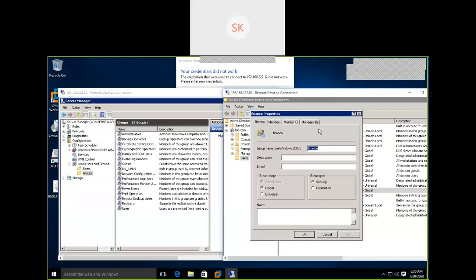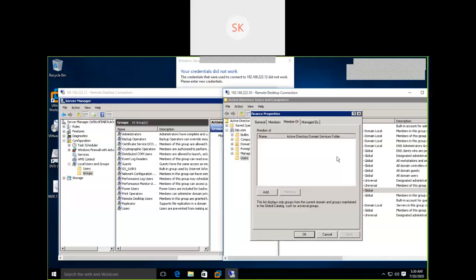See here, there are tabs available: General, Members, Member Of. If you select Member Of, this is a domain group, right? This domain group can be a member of other domain groups. Okay, that's a concept here.